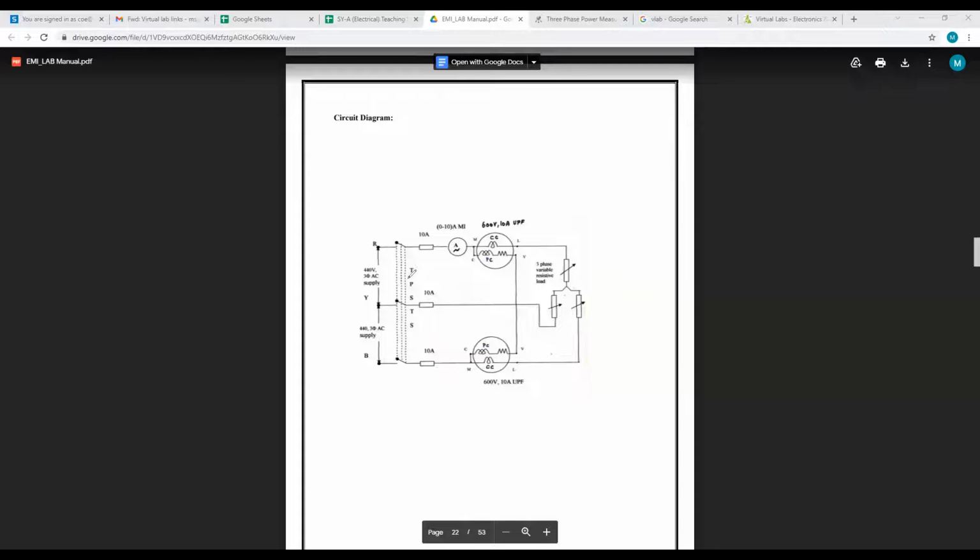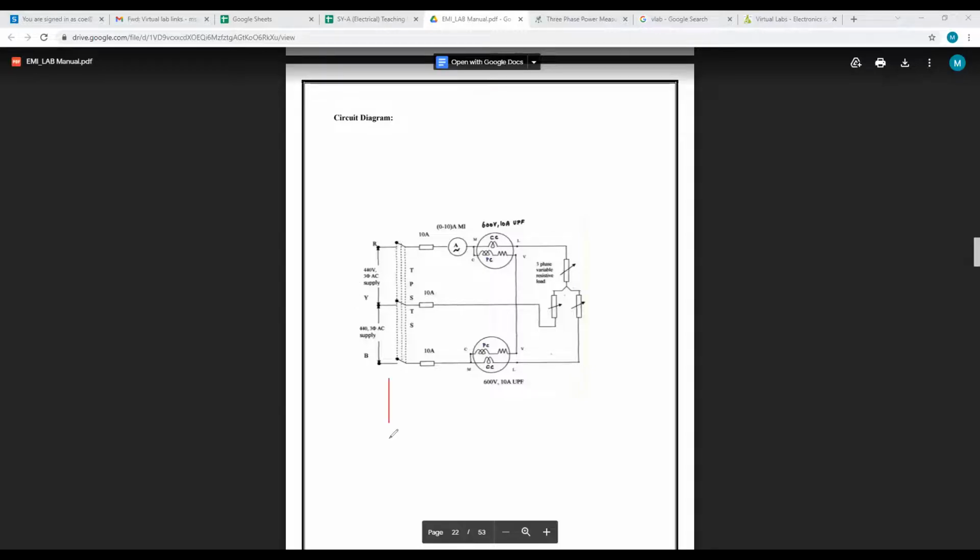TPST, yes or no? Yes, sir. Triple pole: 1, 2, 3. How many poles are there here now? 3 poles. Single throw means only by closing this side. Both sides, which is double throw, is not there. Single throw, only one side it is going to operate. It is nothing but a switch we are going to use here now. So this is the supply.